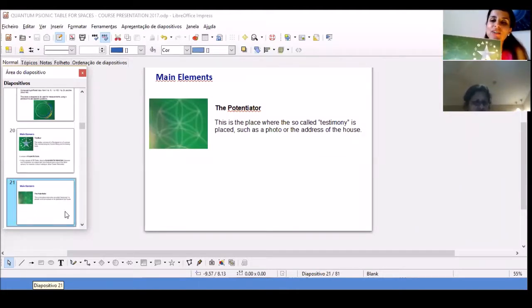So in dowsing, we use something to represent the person or the house or the situation. So on this board, you put the name, you write on the paper, for example, like this, you can add here a bit of paper with the address of the house. So the full address. And then I normally write the name down, the address or the person's name when you're using the blue board. So in this case, you write the house address, and then I normally put a circle around it